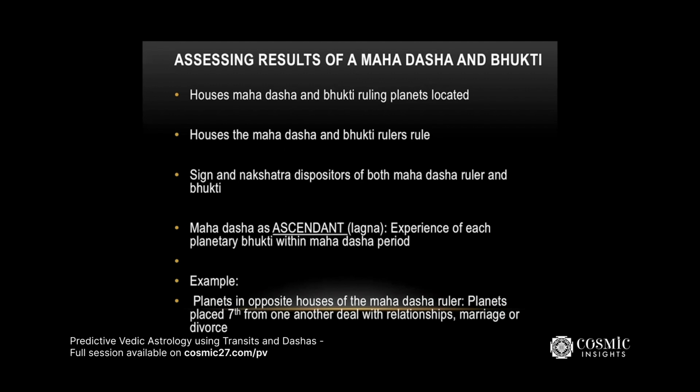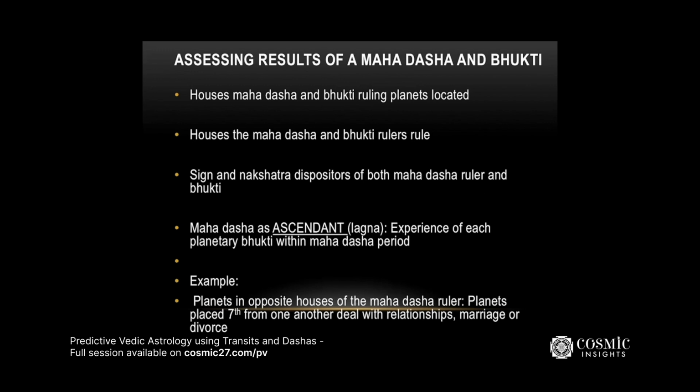So next, the Mahadasha as the ascendant. This is the most important rule of thumb that you have to understand. I love this technique. It is so powerful. So anyone, when you go into a new Mahadasha or when you're in a Mahadasha, pretend it's the first house, whatever house that Mahadasha ruling planet is in. Then you count to where the Bhukti planet is. However many houses it goes from the Mahadasha ruling planet will give you an idea of what is actually happening